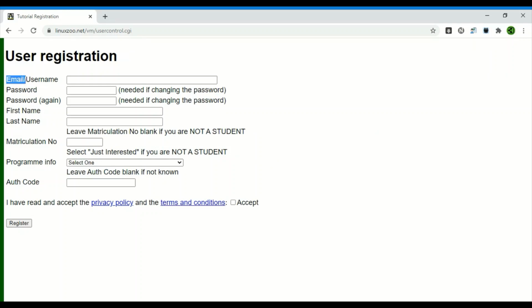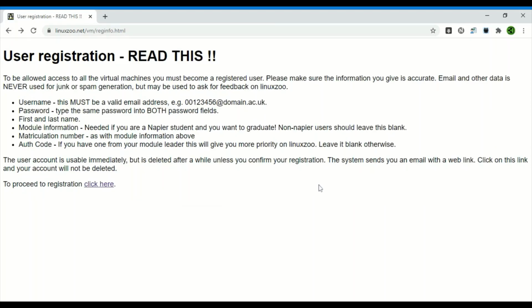There you need to provide email, your password, first name, last name. There is no need of any matriculation number or authorization code. For program info, in the drop down list, you need to select just interested, and you need to accept their terms and conditions and click on register. Once you click on register, you will get one web link to your mentioned email ID, and you need to confirm your account.